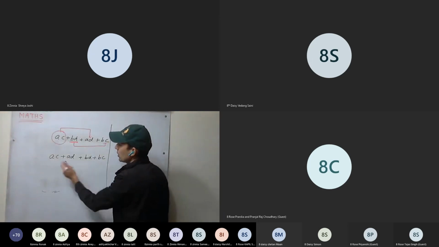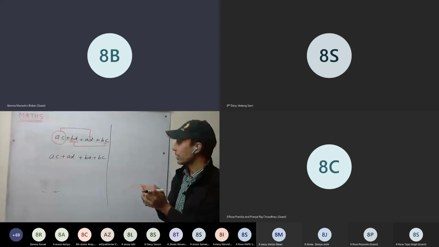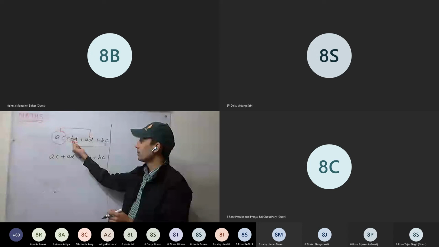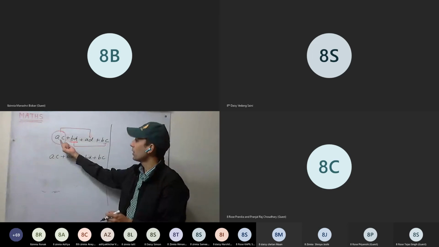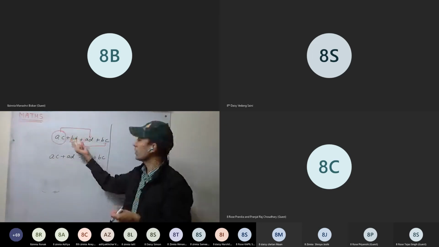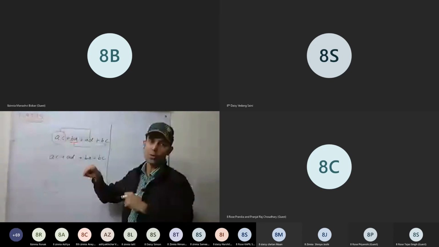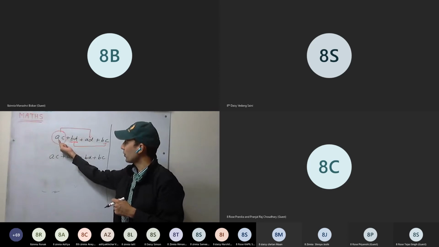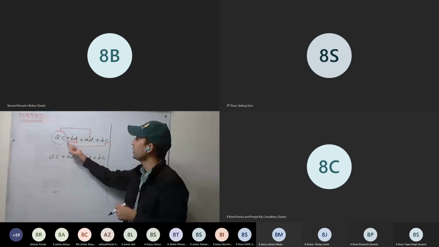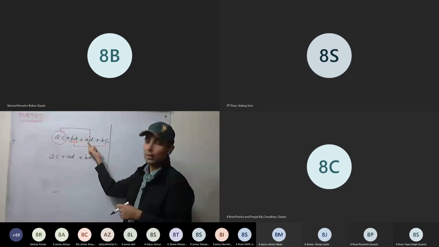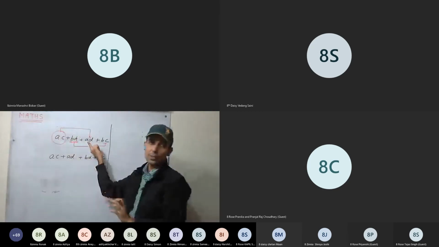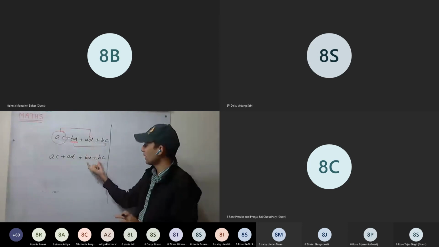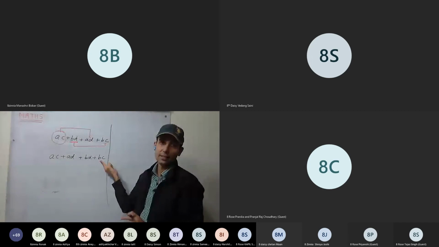Now, sir, is it necessary to rearrange them? See here. Is there any common factor between the first two terms? No. There is no common factor. To find the common factor, we must have the terms having something common. So the first two terms, no common factor. Now take the first and third term. There is A as common. So we can group them, first and third. Now take the second one and the remaining one. Is there any common? Yes, B is common. So now we have rearranged it.